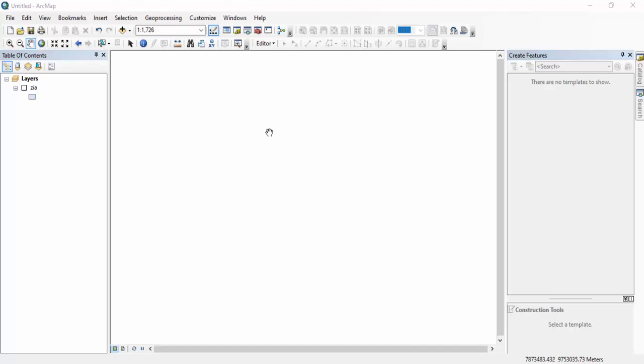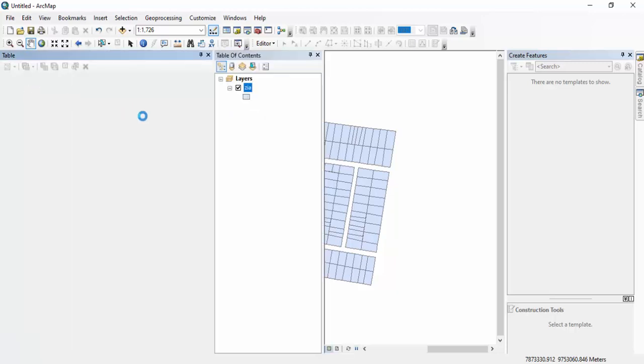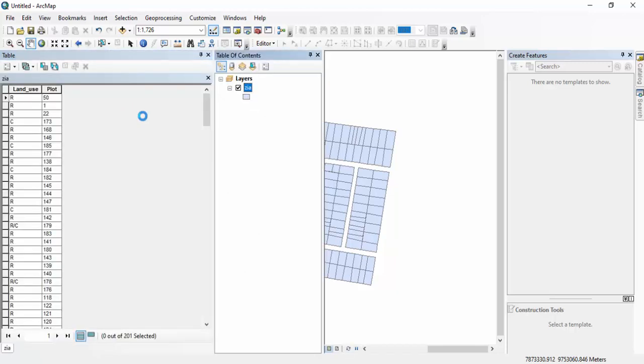So first I have added my shapefile, which is of Zia Kalun. This is a Kachi Abadi, and I have marked the land use of that area. First I'm going to Zia Kalun. There are two methods: either press Control T, or press Control and double click on this one. This is the shortest method to open the attribute table. Now you can see two fields are already there. One is the plot number of each polygon and the second one is the land use pattern.